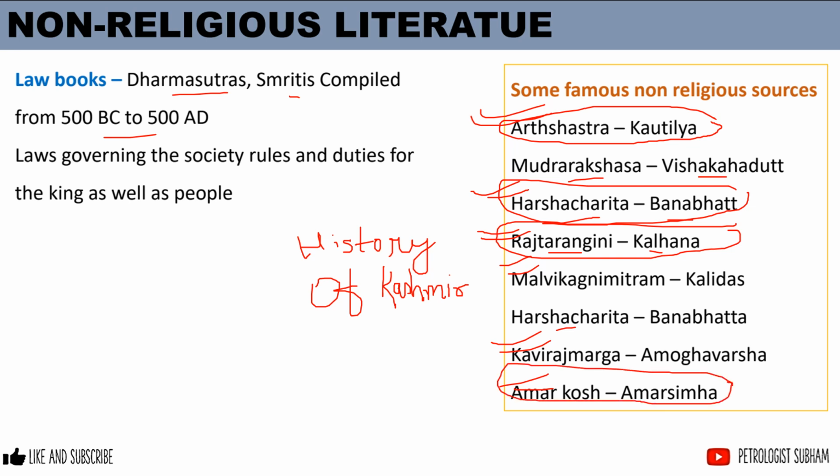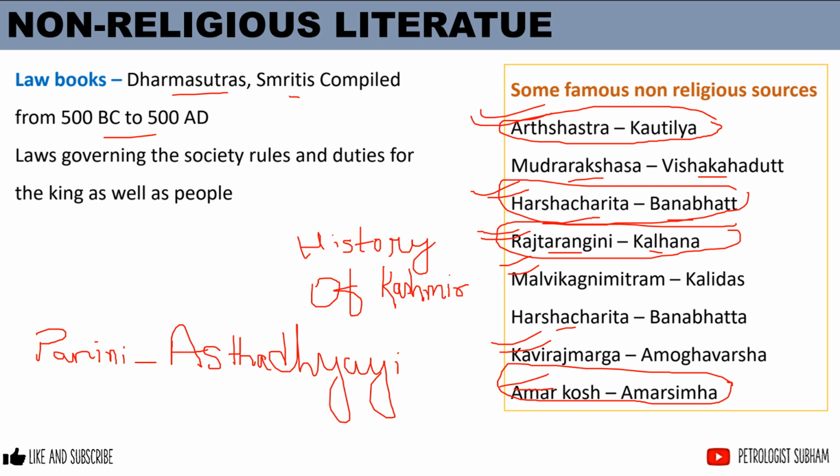There is one more book written by Panini. Many of you know who Panini is. Panini was a rishi who wrote the first Sanskrit grammar, right? The first Sanskrit grammar book was written by Panini. But what was the name of that book? Very few people know about that. It is Ashtadhyayi. The first grammar book written by Panini was known as Ashtadhyayi.